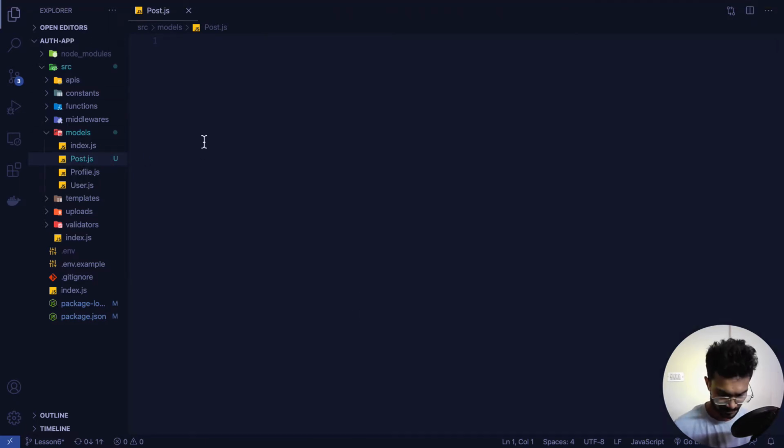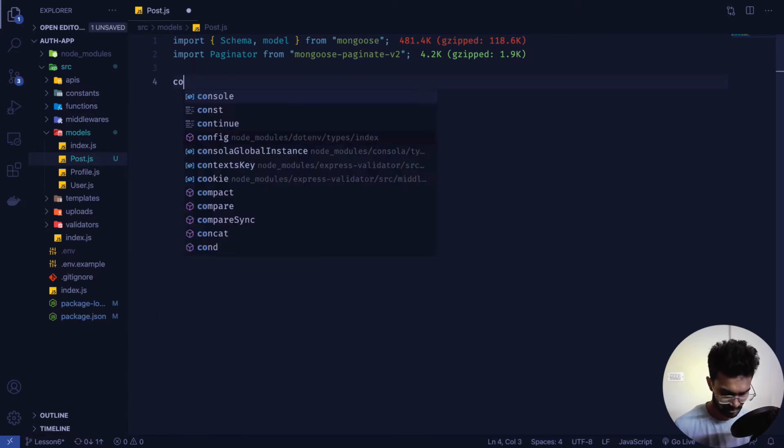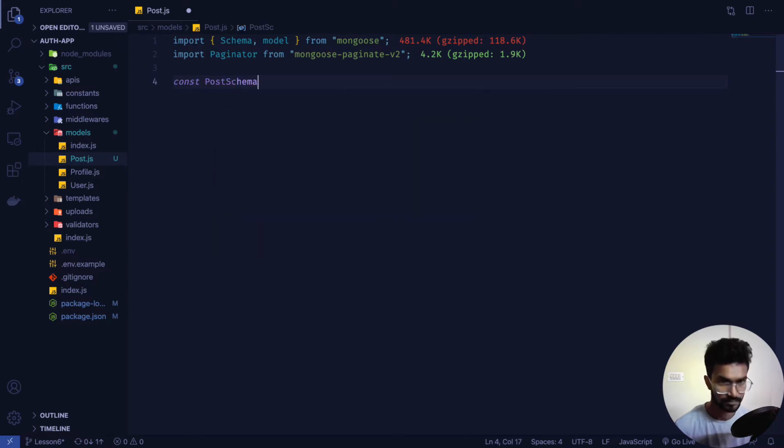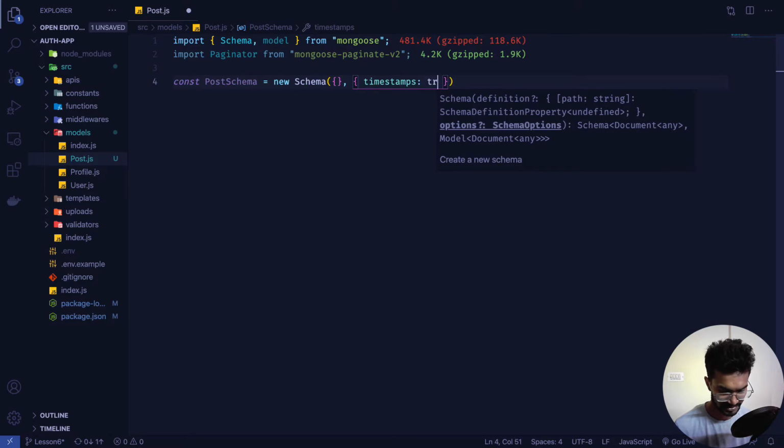So inside my post I'm going to import from Mongoose, and also I want to import paginator from Mongoose Paginate v2. Once we are done doing that, we'll bring in Schema from Mongoose as well as model. These are the two things that I wanted to get from there. And now we'll create our post schema. So const postSchema equal to new Schema, and inside that we are going to pass two options. One is timestamps, which we are going to set to true,